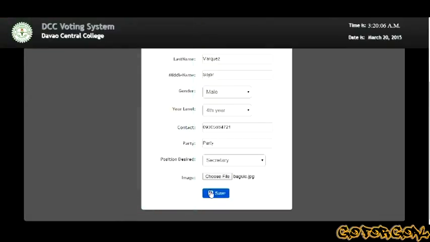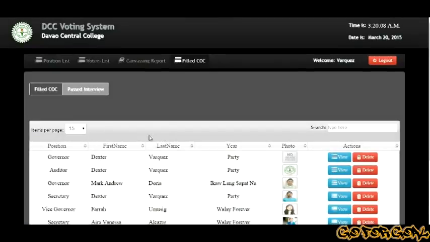Then save. Then if we look here, we now have someone running for secretary.